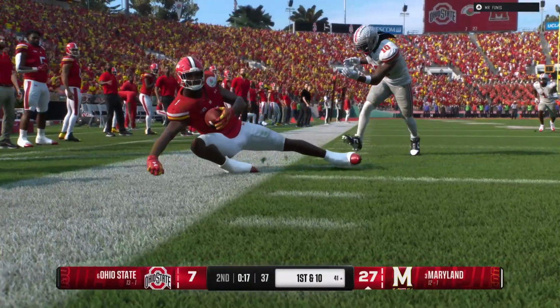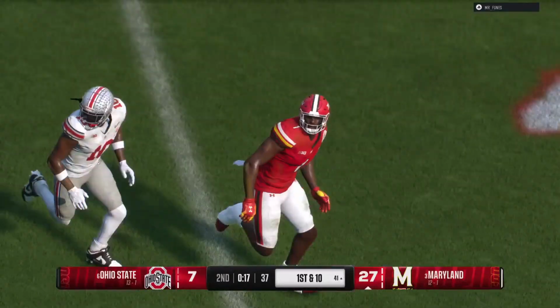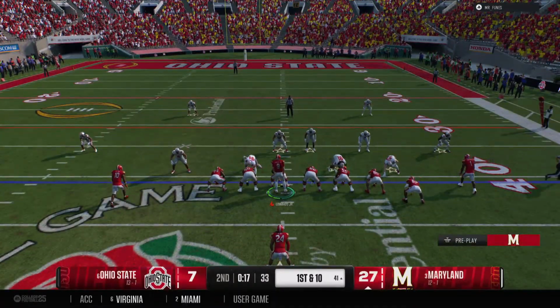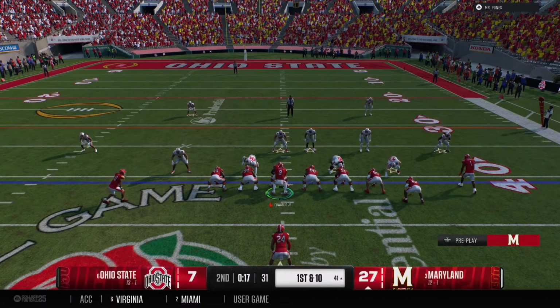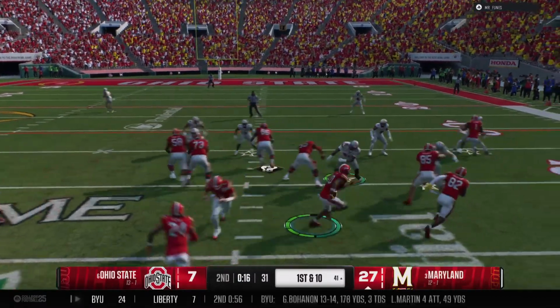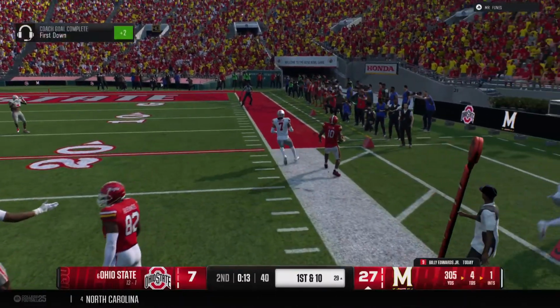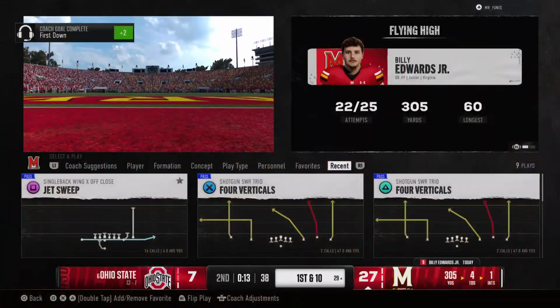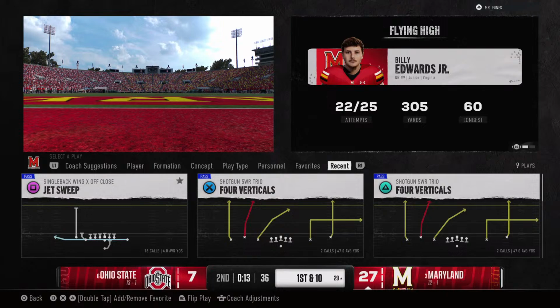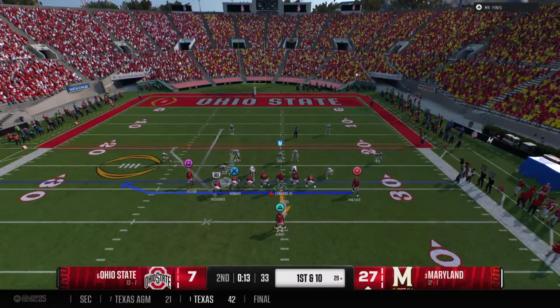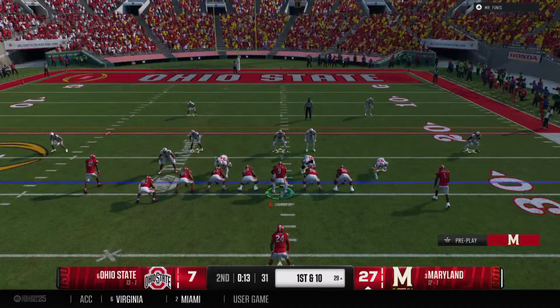That is great arm strength and accuracy by this quarterback. Let's not forget the wide receiver's job of bringing it in for that big gain. Moving the receiver around pre-snap. A pop pass on the jet sweep. Inside the 30 now. Heads out of bounds after a solid gain, more than enough to pick up a first down. The offense looking to be efficient here. Not much time remaining before the end of the half.